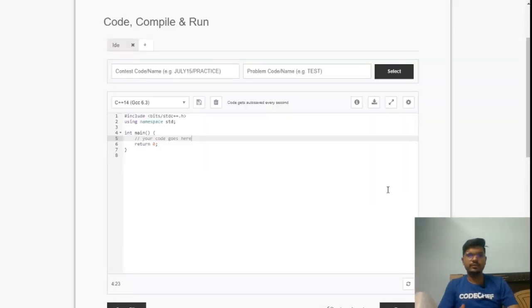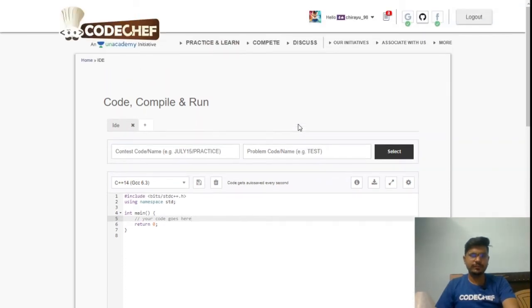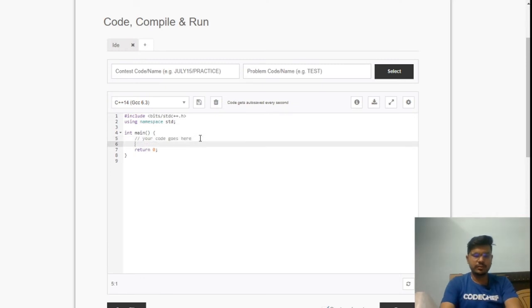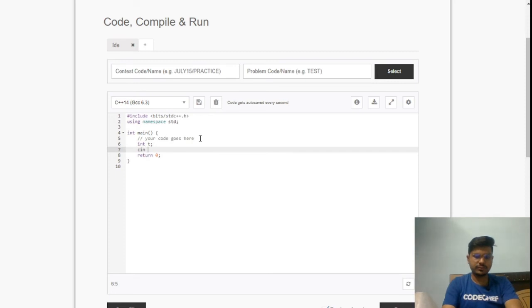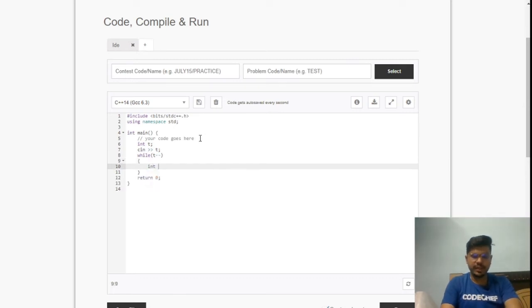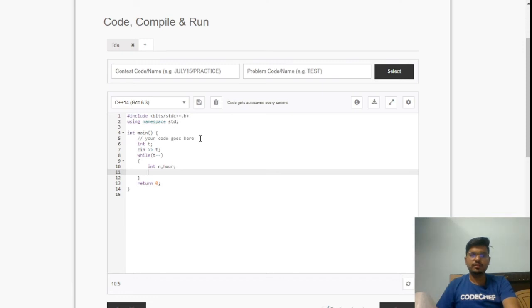Okay, so we are coding the solution on the CodeChef IDE. So let's start off with the solution, right? First thing, we have the number of test cases, so we'll enter the test cases. For each test case, we have two values. First is n, which denotes the number of piles, and the second one is r. Let us take the r variable, which denotes the time in which the chef's mother will be returning home. So we'll input these variables